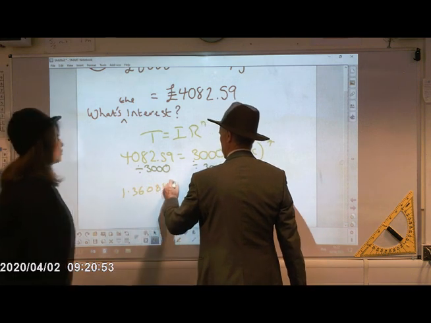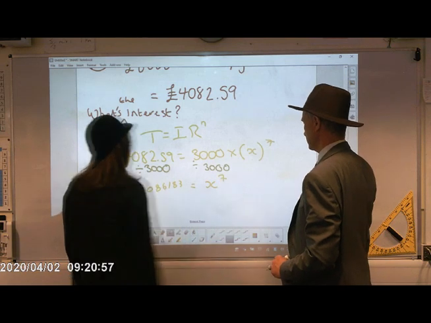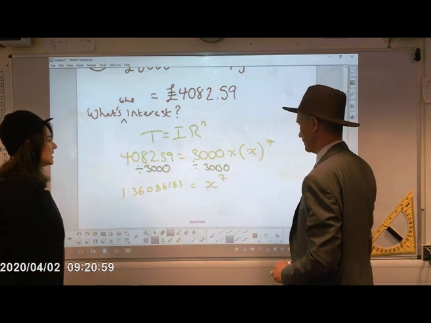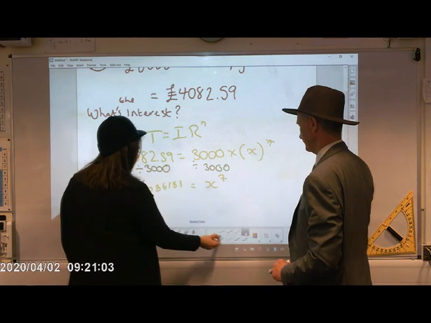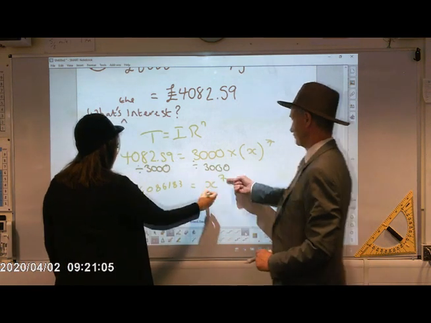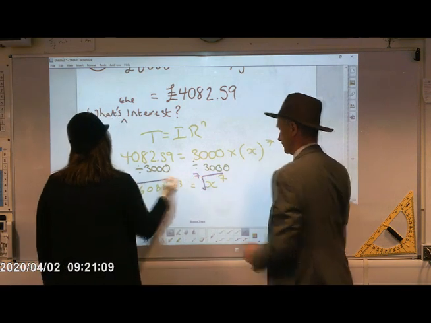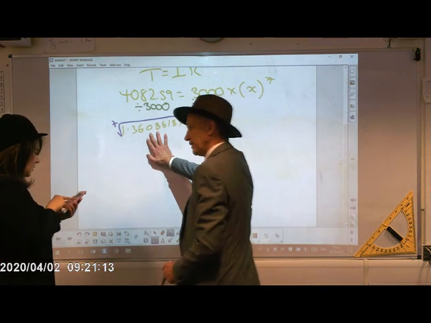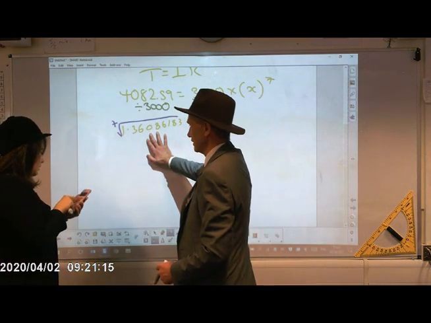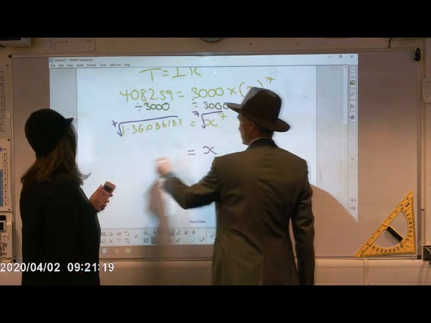1.36086183. Now, do not round mid question, very, very important. Do not ever. Left on this side is x to the power of 7. Now, to reverse the power of 7, we need to root 7 both sides. And you can do that on your calculator, no problem, because you've still got that in your calculator because you haven't cleared it. So I'm going to do the 7th root of the answer, and I'm going to get